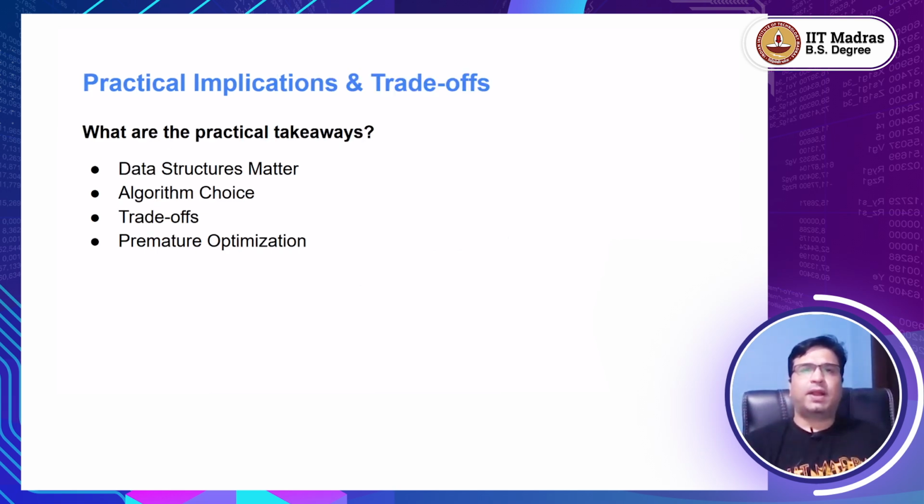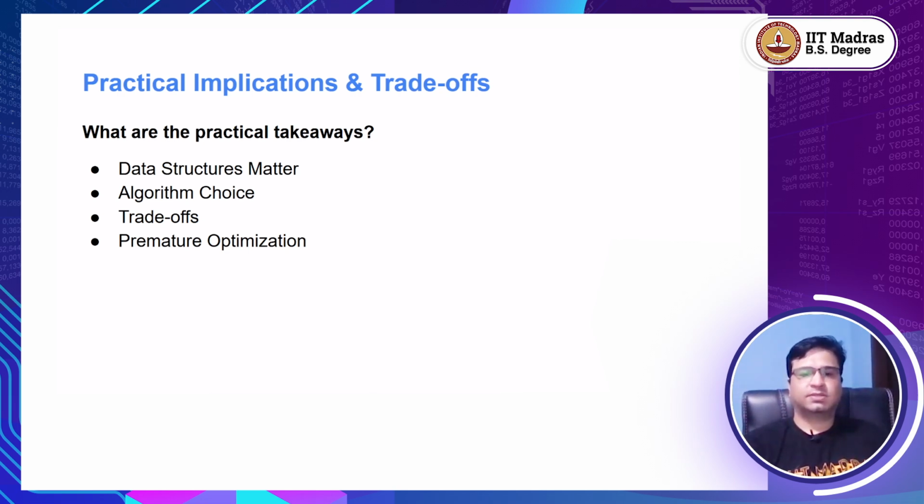Finally, what are the practical implications and trade-offs? First is data structure matters. The choice of data structure heavily influences algorithm efficiency. For example, searching is faster in a hash table, that is big O of 1 on average, or in a balanced binary search tree it is big O of log n, and then in an unsorted array, that is big O of n. So we are performing the same operation, searching, but it takes different times on different data structures. Because of that,